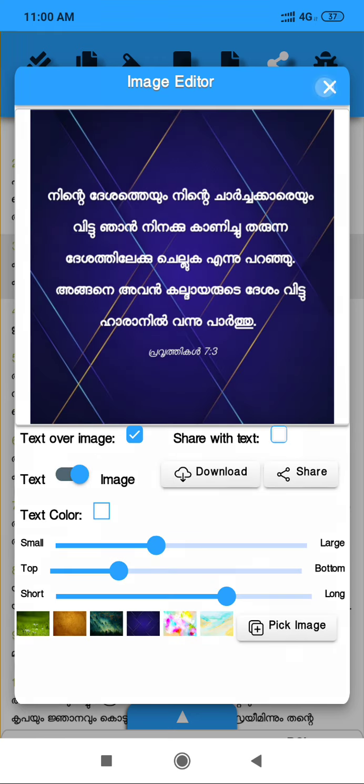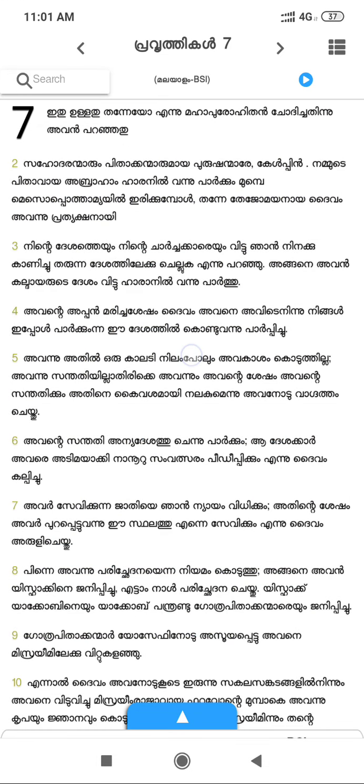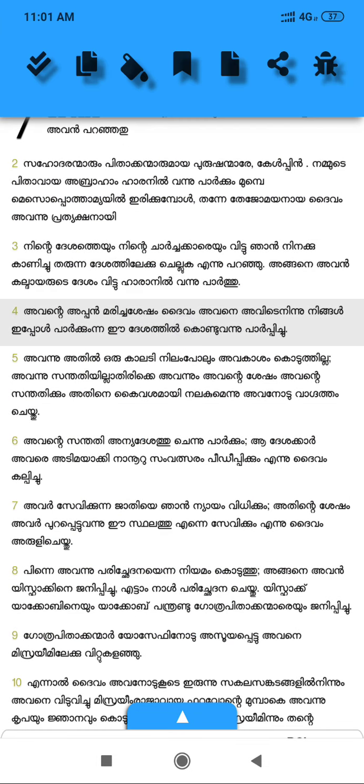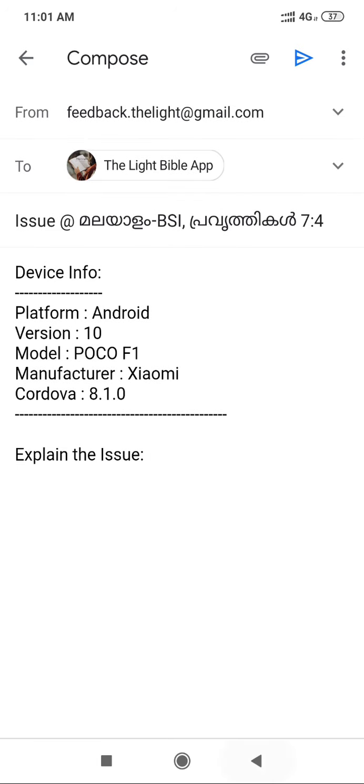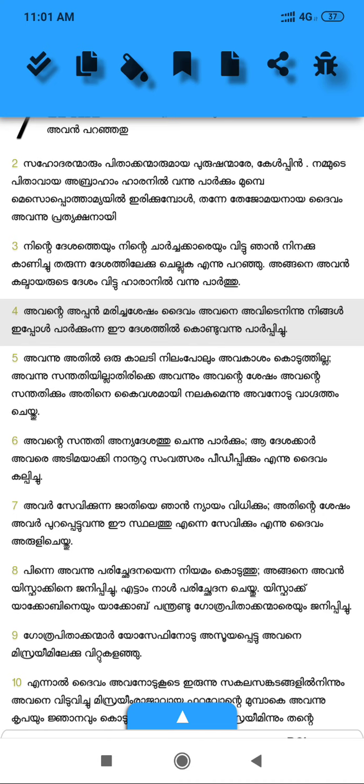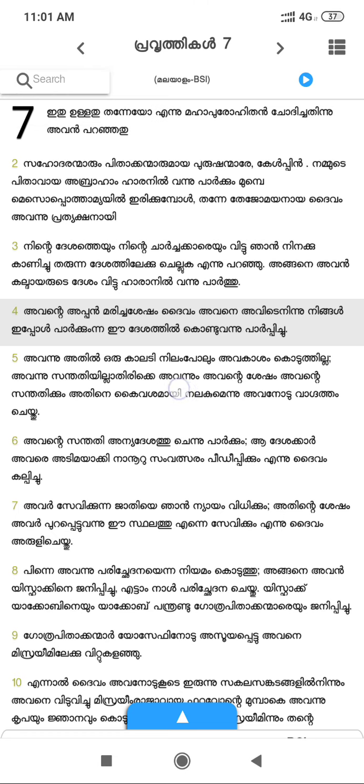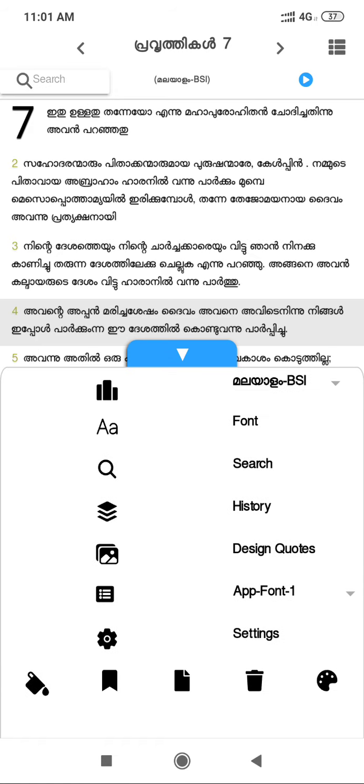Okay, next option is if you find somewhere verse breaks, or mistakes like spelling mistakes or whatever, just report it to me using the last option and explain the issue. What is the issue, you can explain it, and from the next versions onwards I will correct it and deploy it. All right, these are the options: long press and it will close, long press and it will open. This is how it will work. Okay, then we will go to settings.